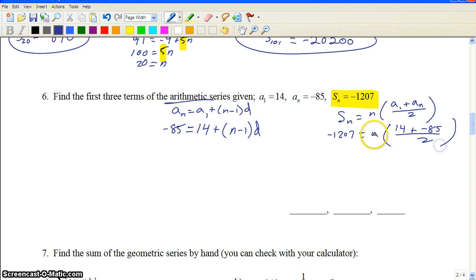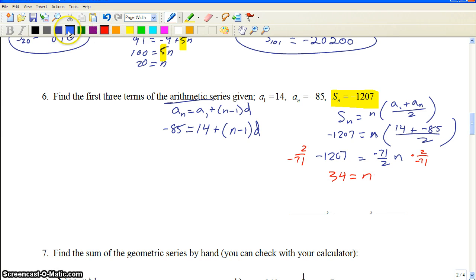Now we have an equation with one variable. That's what the n is. So we're going to solve this. We get 14 plus negative 85 divided by 2, which is negative 71 halves times n. We solve that by multiplying both sides by 2 over negative 71. So negative 1207 times 2 over negative 71, or negative 2 over 71, and we're going to end up getting